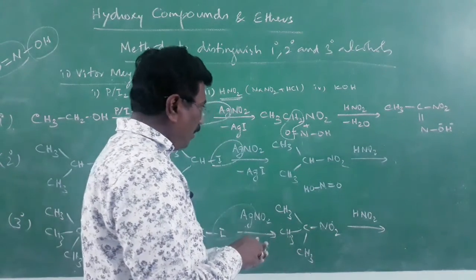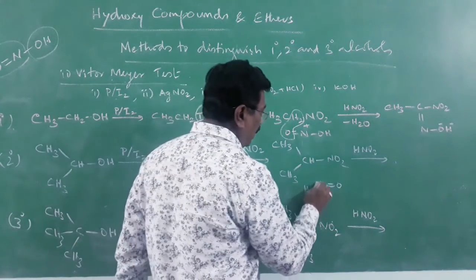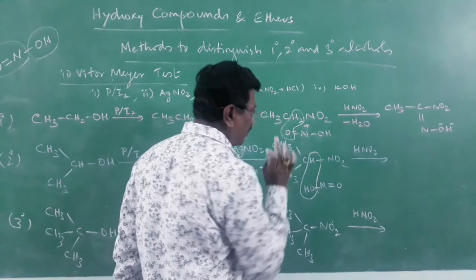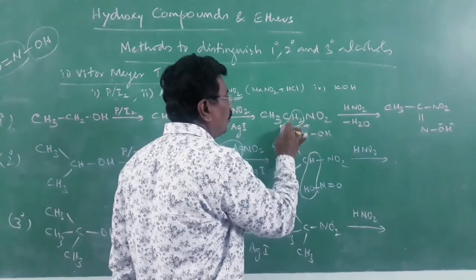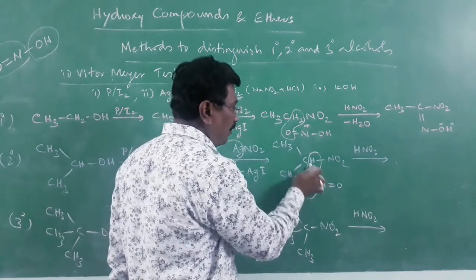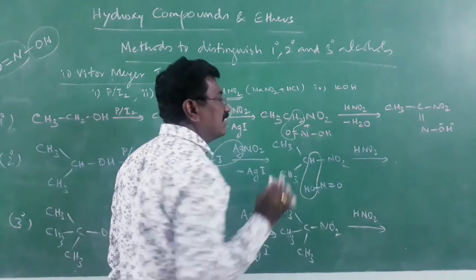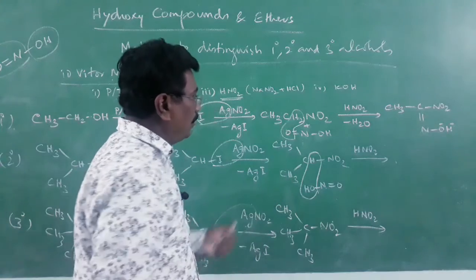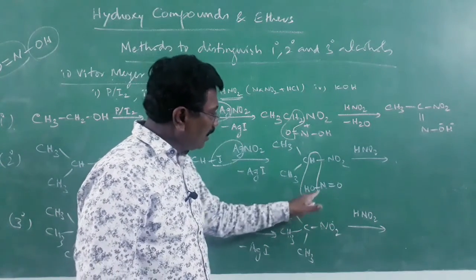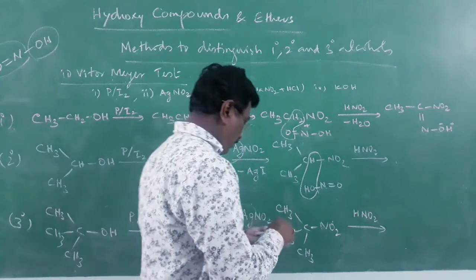Why? Here the H will get combined with OH. 1 valence, so 1 hydrogen. 2 valences, therefore 2 hydrogens. Here 2 valences are lost, there 1 valence is lost. Therefore a single bond here, and a double bond there. That difference you should note. I have written N double bond O here and then OH; here OH, and N double bond. That's it. Right?